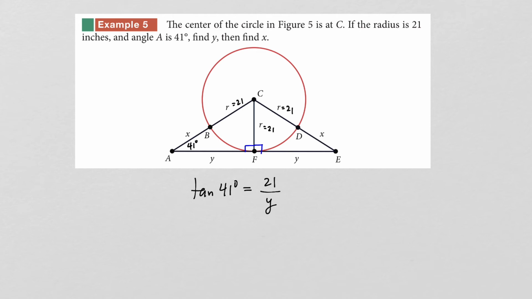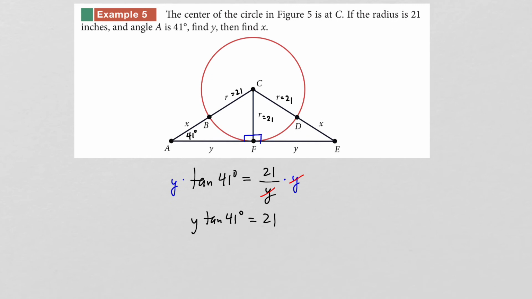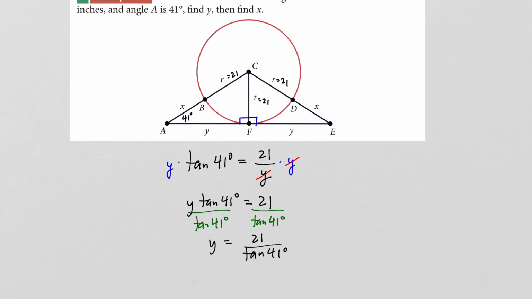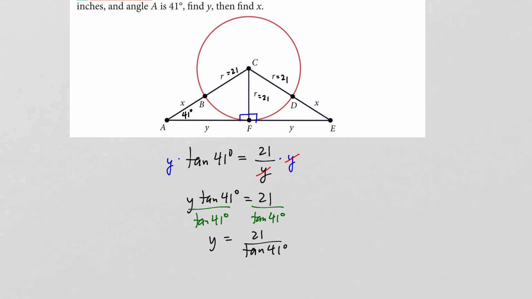Now to solve for y, we multiply both sides by y, and we do this to get rid of the fraction. Then we have y times the tangent of 41 degrees is equal to 21. To solve for y at this point, we simply divide both sides by tangent of 41 degrees. And when we do that, we get y is equal to 21 divided by the tangent of 41 degrees. And from there, we plug it into our calculator. And we get